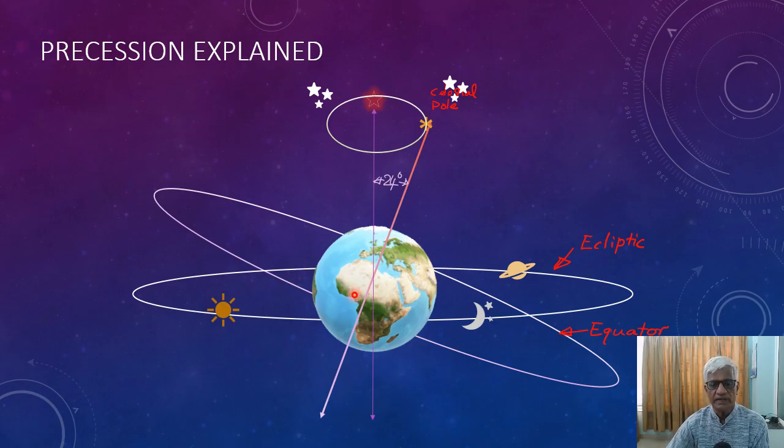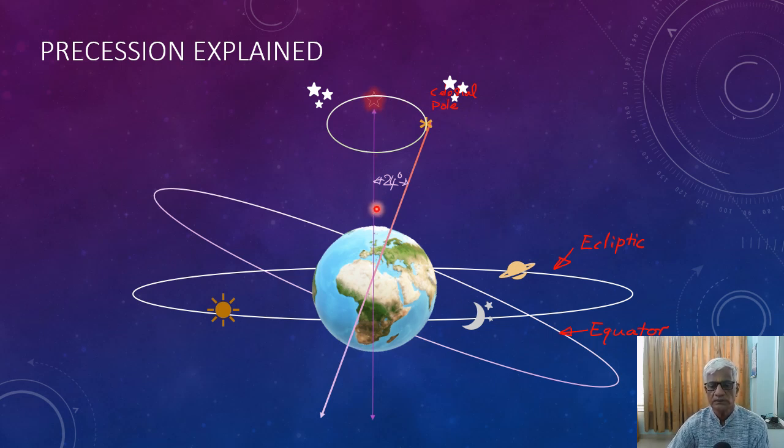Around the center of the Earth there is another circle, imaginary of course, which we call the equator. The center of this ecliptic and the center of the equator are at a coincident place. And these two are inclined to each other at 24 degrees. Actually, it is 23.37 degrees or something like this, more precisely, but approximately 24 degrees.